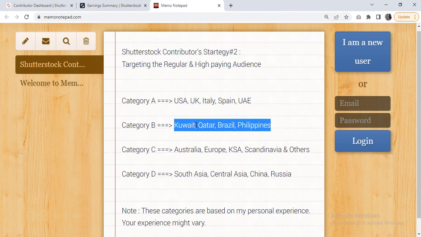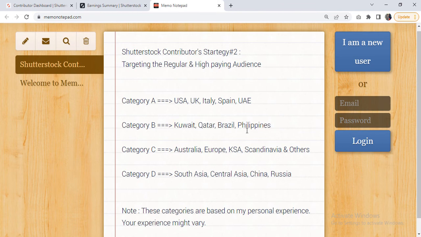It also gives you reasonable results, sometimes good, sometimes slow, but anyway, I get a lot of downloads from Brazil and Kuwait, Qatar as well, and Philippines as well. So these are the four countries that I could recall which give reasonable results. So I would also never ignore these four countries, and maybe there are more which belong to this category, but